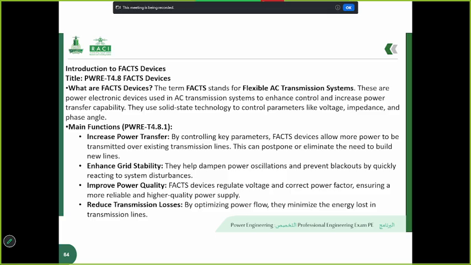Second, they are crucial for enhancing grid stability. They can quickly dampen power oscillations that can occur after a fault or disturbance, helping to prevent widespread blackouts. Finally, FACTS devices play a key role in improving power quality. They can regulate bus voltages and provide dynamic reactive power support, which helps maintain a stable and reliable power supply